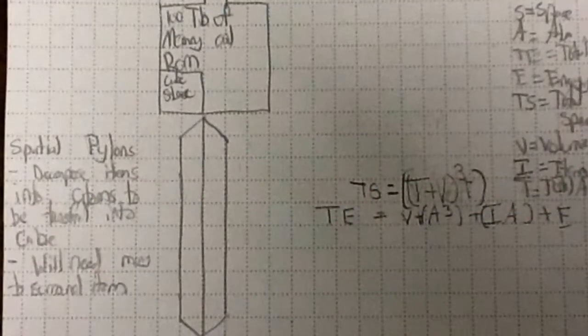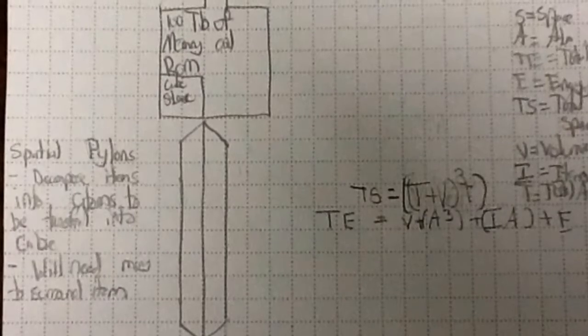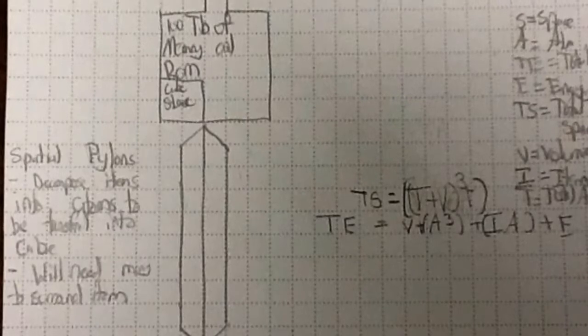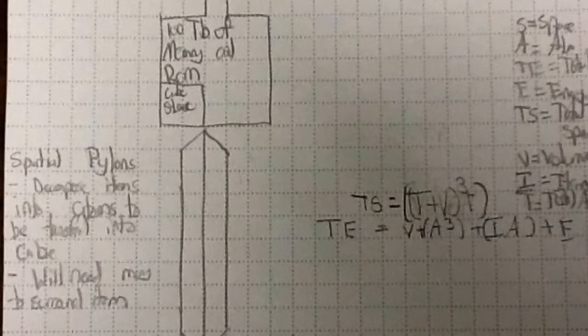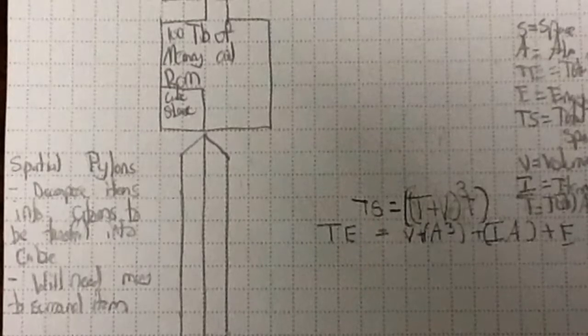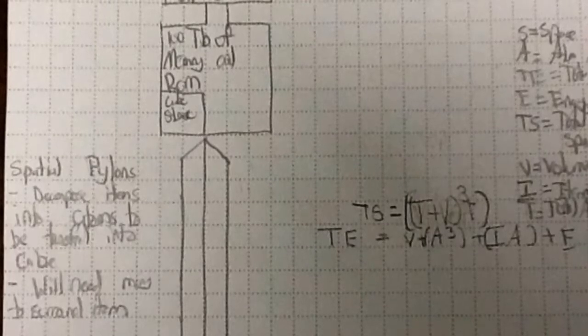Another important item is the spatial storage. Spatial storage works by decomposing an item into its atom state, such as decomposing a rock into pure atoms. This is especially useful while we are storing the probes. Being that we will need a rough estimate of 26 million probes, it will be hard to just stuff it